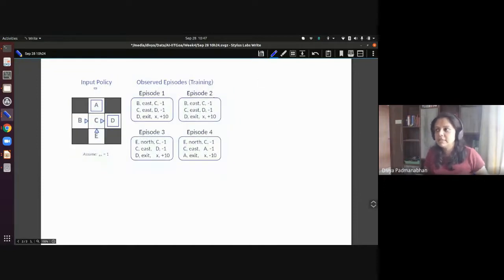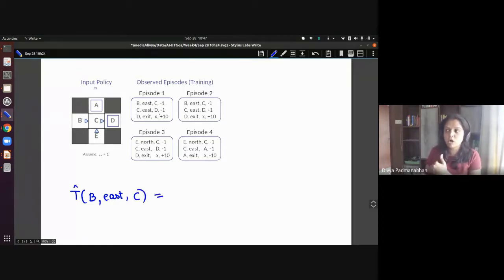So what is it that you know? You know the states, A, B, C, D, E, and the actions. What you can learn from here is, if I was in B and I took an east option, what's the probability that I'll land up in C?